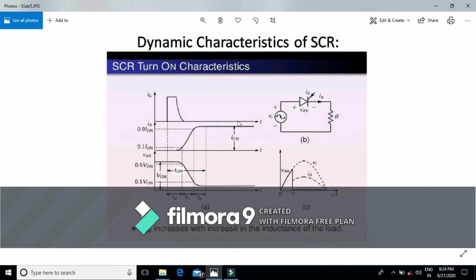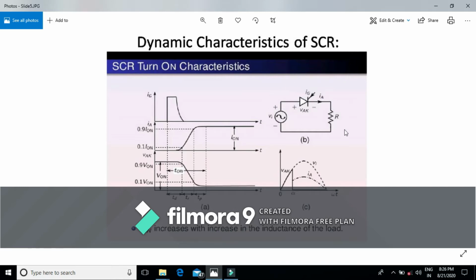This turn on time depends upon the anode circuit parameters and the gate signal. Higher the magnitude of gate current, lesser the transition time or turn on time. The magnitude of gate current is usually 3 to 5 times higher than the minimum gate current required to trigger an SCR, and that thyristor is called a hard fired or overdriven SCR. This hard firing or overdriving of SCR reduces its turn on time.